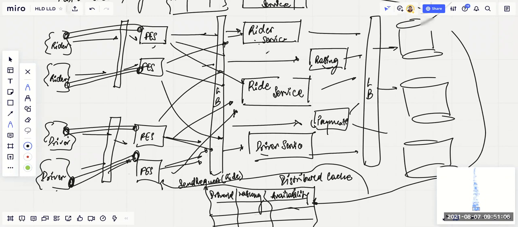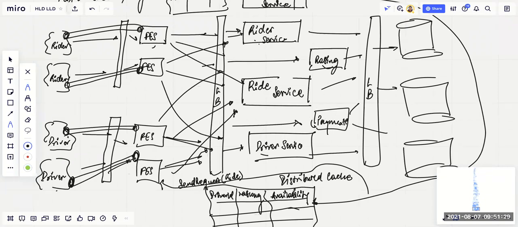Here there is no driver for Uber Eats, but there is a rider. So if you call this a user service, we could use this service. You can use the same account details on Uber Eats as well as on the Uber Ride app, and you can use the same payment information.